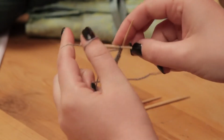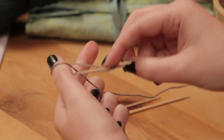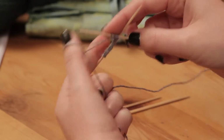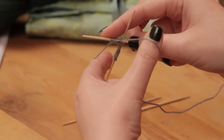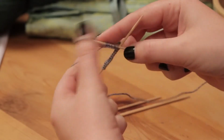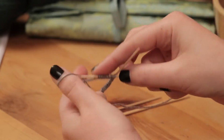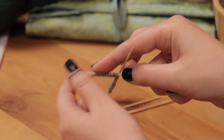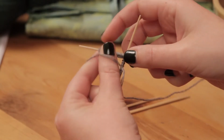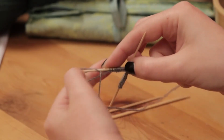1, 2, 3, 4, 5, 6, 7, 8, 9, 10, 11, 12, I'll just move those up a bit, 13, 14,